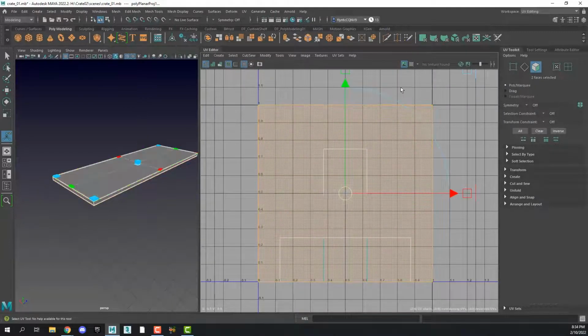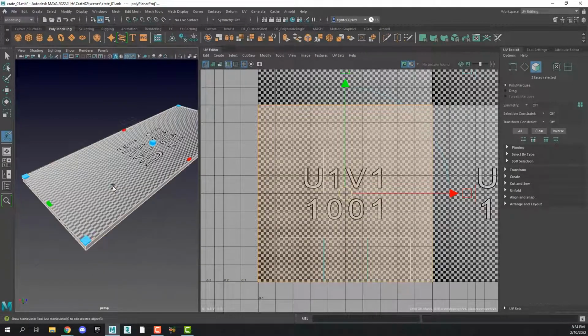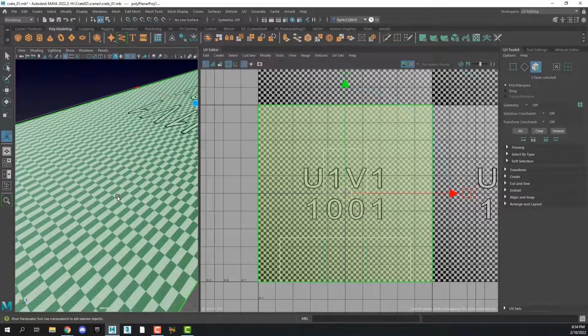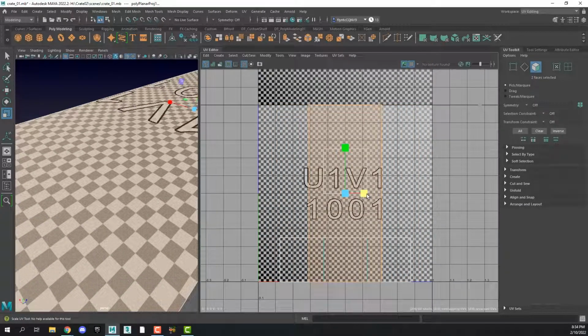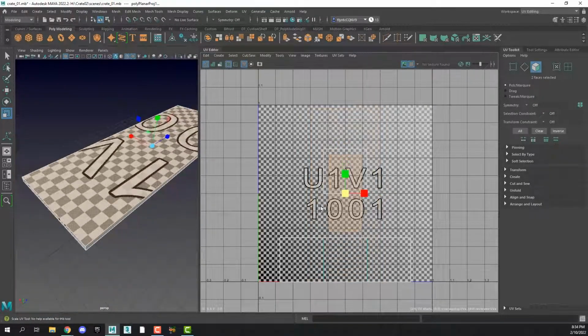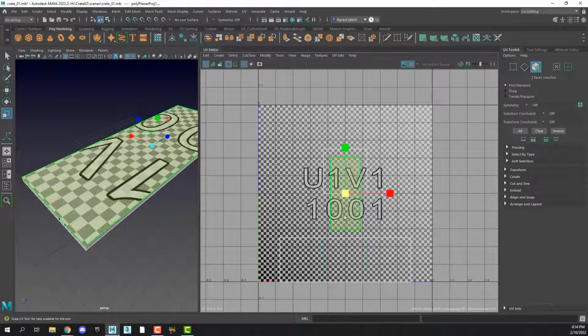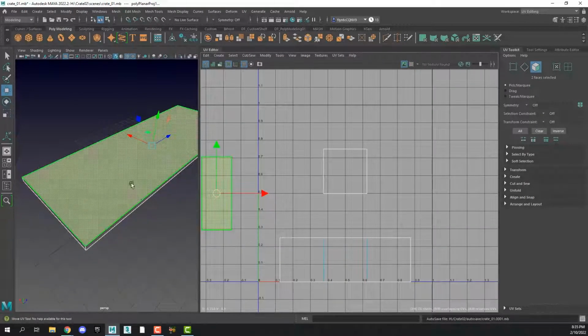Now this is still not correct, so we need to turn on what's called the checker map here to make sure it's going to work correctly. The checker map allows us to make sure that our UVs are not distorted. So these checkers should be square. They are not. So we're going to use the scale tool and scale in the correct direction to make sure that they are square. And then we're going to scale the whole thing down and switch to the Move tool and move it out of this area. And then I'm going to turn off the checker